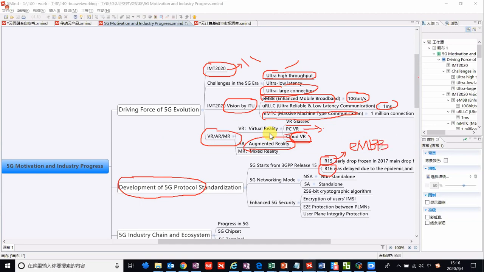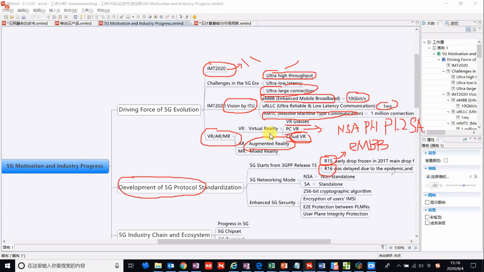At the beginning, China deployed the 5G network based on R15, the NSA network. Let's see phase 1.1, and phase 1.2 focuses on SA.